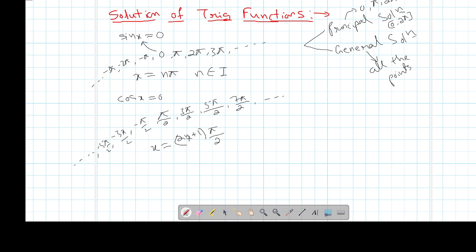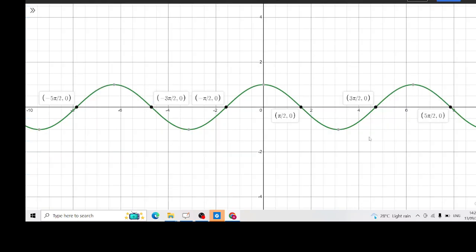So if you put n equal to 0, you will get 0 plus 1 into pi by 2, right? If you put n equal to 1, you will get 3 pi by 2. If n equal to 2, you will get 5 pi by 2. If n equal to 3, you will get 7 pi by 2. Same way, if you put n equal to minus 1, you will get minus 2 plus 1, minus 1 pi by 2. If you put minus 2, you will get minus 3 pi by 2. So this will represent all the points, where n belongs to integers. So next point is